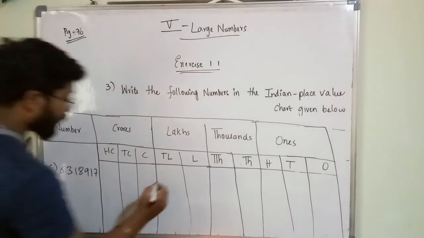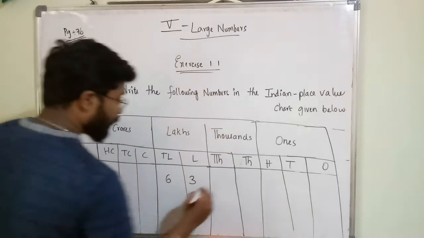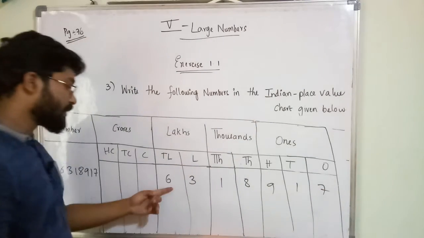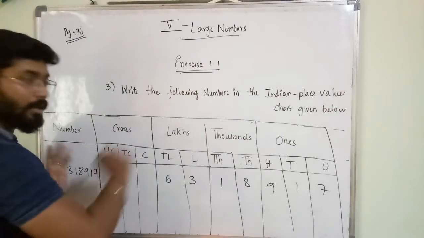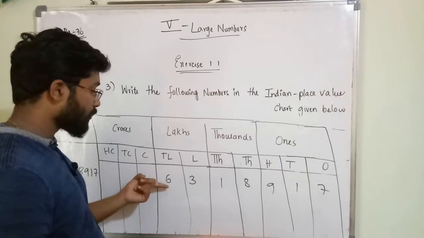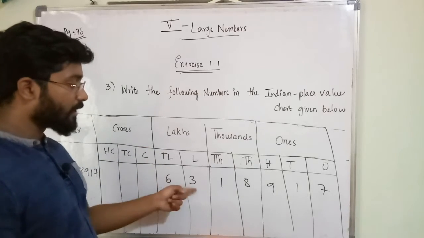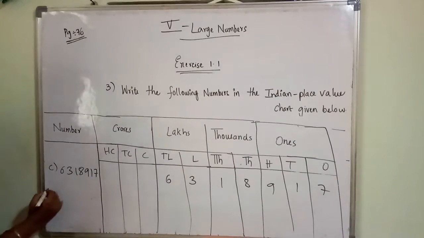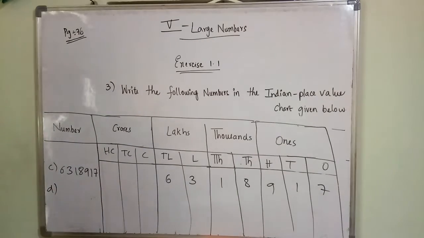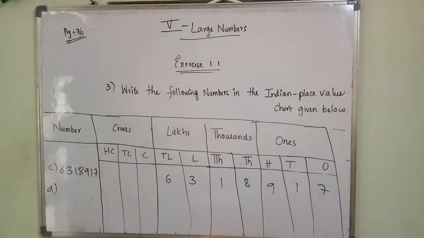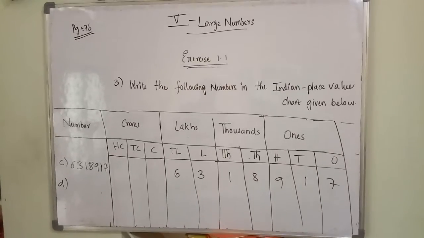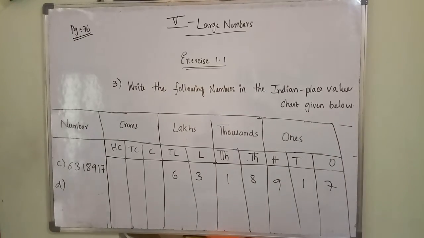So what will you call that number? 6318917. So this number we have to start reading from left to right now. So this number is in 10 lakhs. So 63 lakh 18,917 is the number. Like that also you can know the number. I think you may have known this number before only, so no need to worry. Just what you have to do, you have to arrange them in the Indian place value system. Okay,